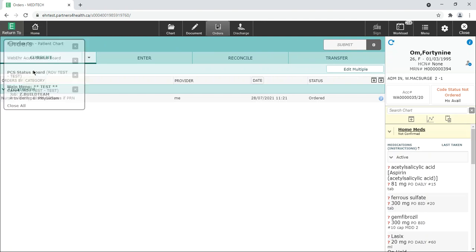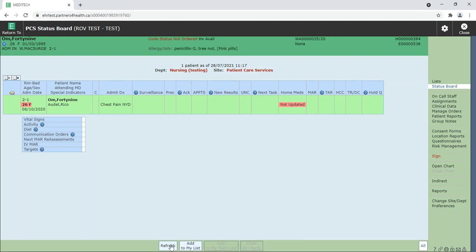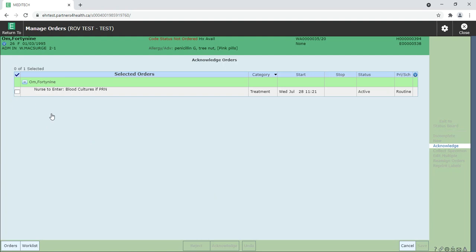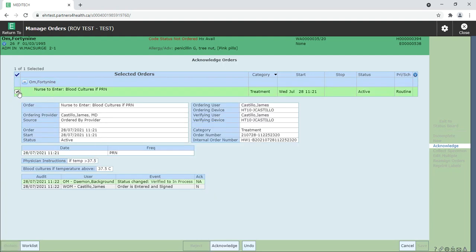So if I quickly flip over to the nursing side of the house and click refresh here, the nurses will notice that they get that order, and it will be in their acknowledge column. The nurses can click on that acknowledge column and review that order. Once they've clicked the appropriate box, the nurse can review that order and see that this order exists if the temperature reaches greater than 37.5. So the nurse knows that if the temperature reaches greater than 37.5, they can go ahead and order that blood culture order. As the nurse, I'm going to acknowledge that order, click save,